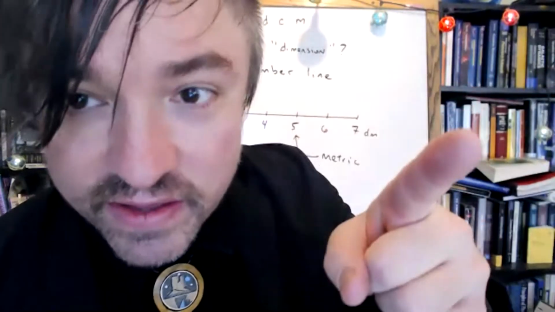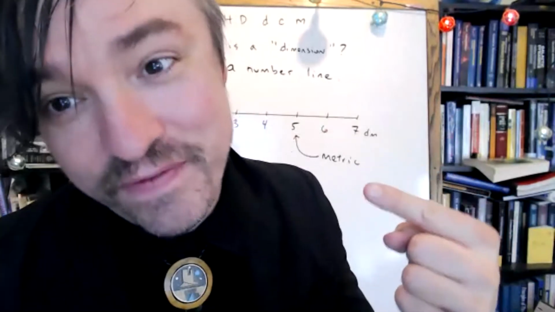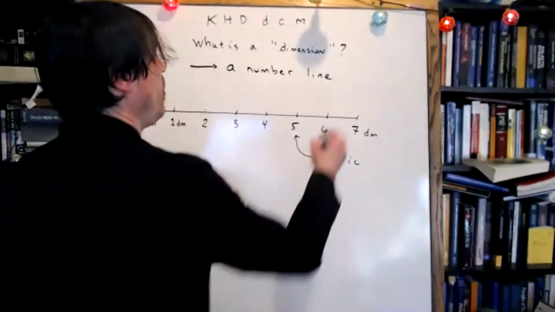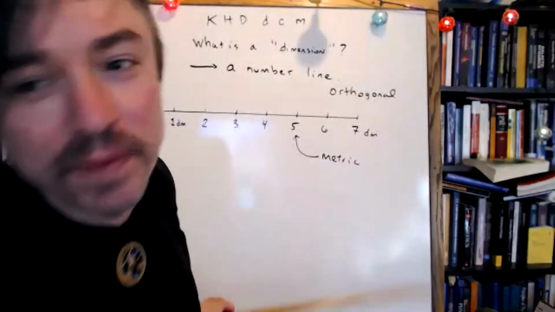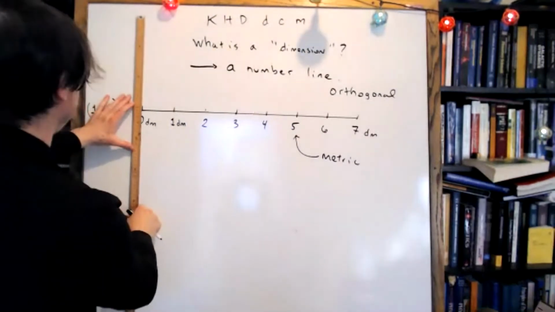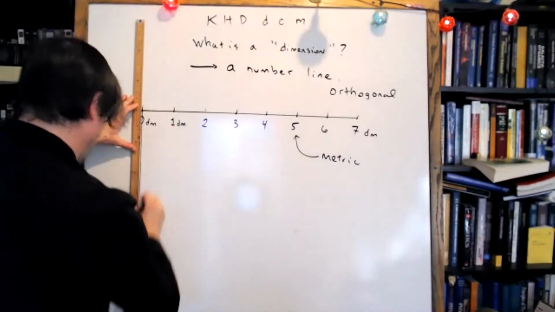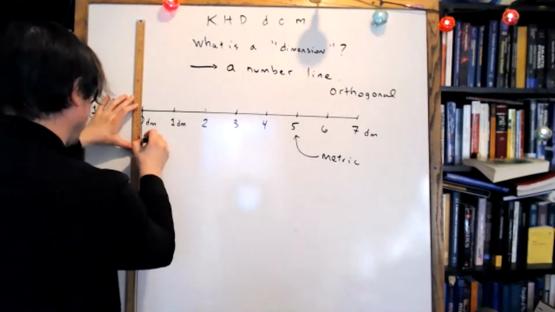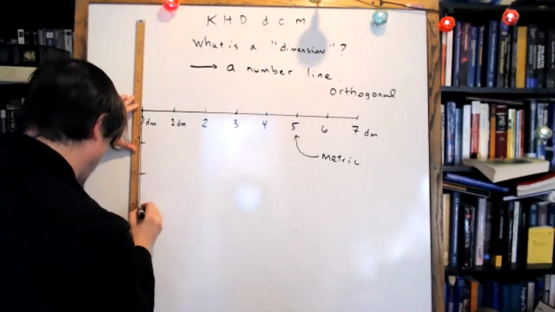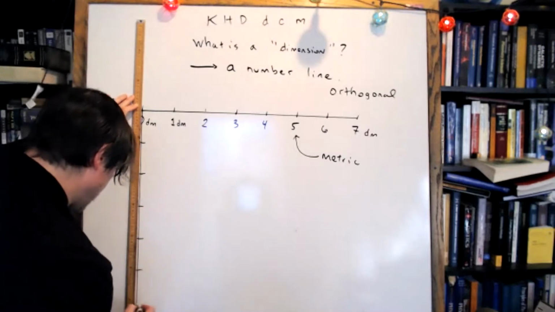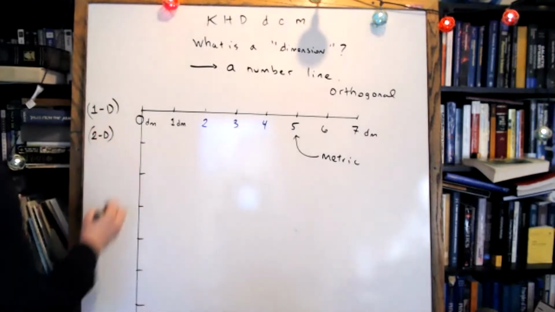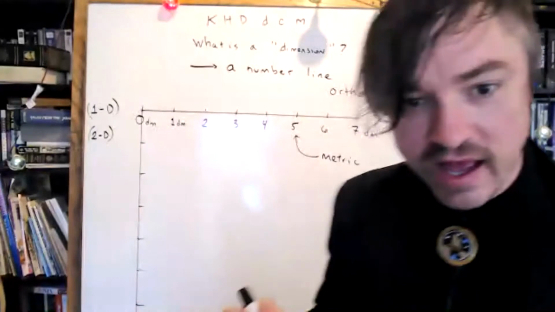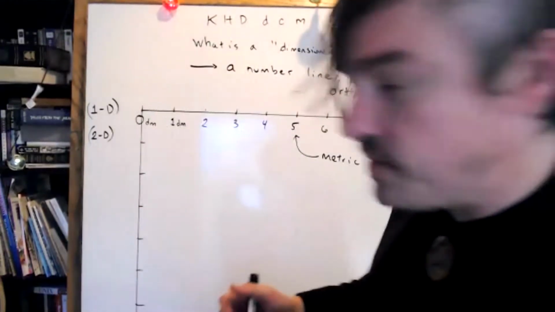I create a second number line that is, Vladimir likes to say, perpendicular. Me, in my fancy vocab terms, I like to say orthogonal. Orthogonal is like perpendicular, but better. That's all I'm going to say about that. And so what I'm going to do is create another number line. I'm also going to have a metric in decimeters for that number line. And now, Vladimir and friends, I have gone from a 1D construction to a two-dimensional construction. I added another number line that is orthogonal to the first one.